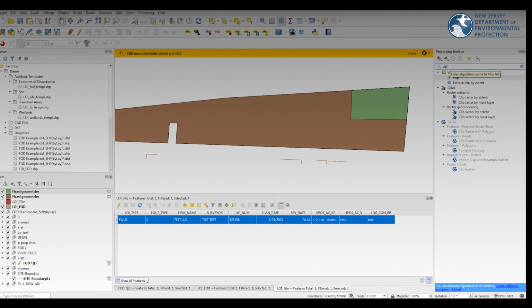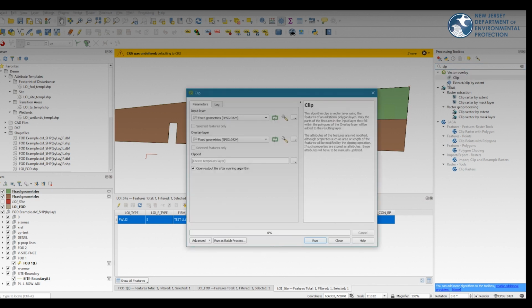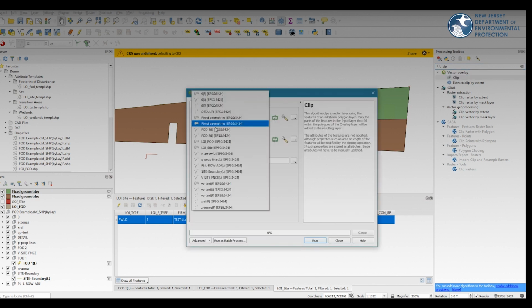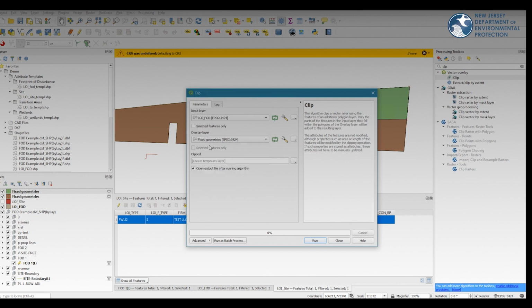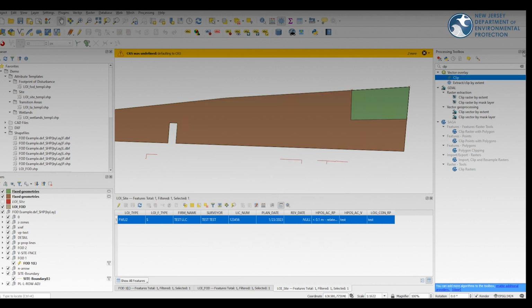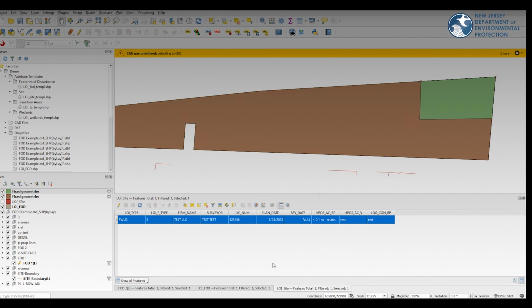And in the event that you have any boundaries that extend beyond your site boundary, you can type in clip into the processing toolbox, and you can put in your footprint of disturbance layer, and you can put in your site boundary and run the clip tool to get an output. Once you're done with all of these things, you are ready to do the final step of packaging your zip shapefile. You can close your program, save your project if you like,